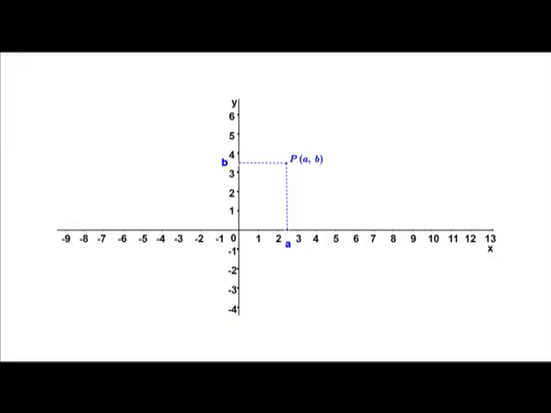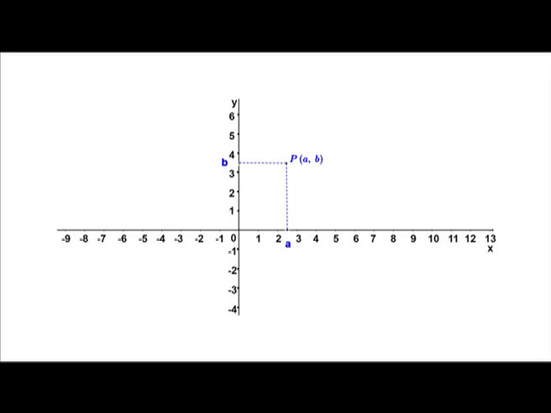Step 3. Now we assign number pairs to the points on the plane. We assign the ordered pair (a, b) to the point P, where the first number is found by dropping a perpendicular from P to the x-axis and taking a to be the number assigned to the point where the perpendicular meets the x-axis. The second number is found by dropping a perpendicular from P to the y-axis and taking b to be the number assigned to the foot of the perpendicular on the y-axis.